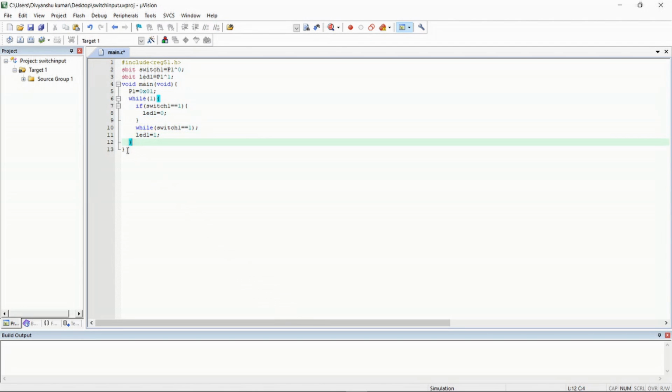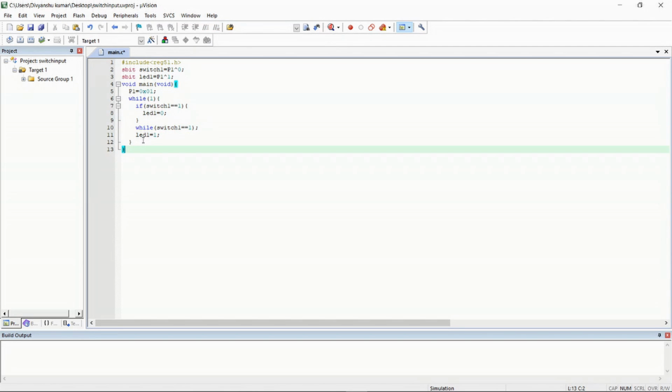This is one approach, and the other simple approach could be this: if switch 1 equal to 1, then LED equal to 0, and I will remove this thing here, else.